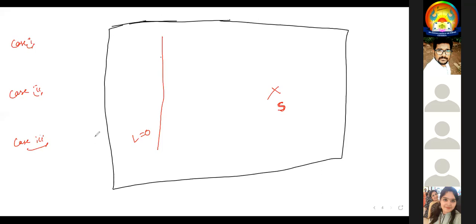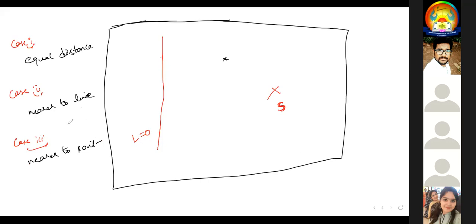Now we are studying a theory with two things: one is a fixed point, the other one is a fixed line. Between the fixed point and the fixed line, I am asking you to take one point. The point may be at equal distance, the point may be nearer to the line, or the point may be nearer to the point. Am I correct? There will be three cases.